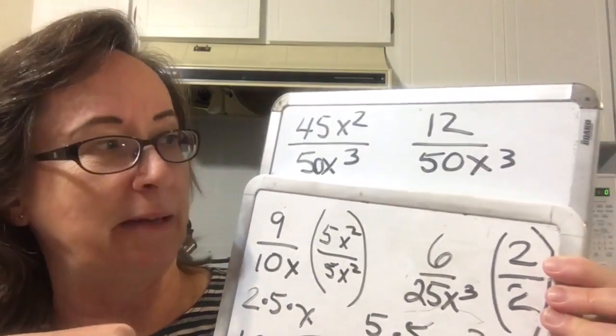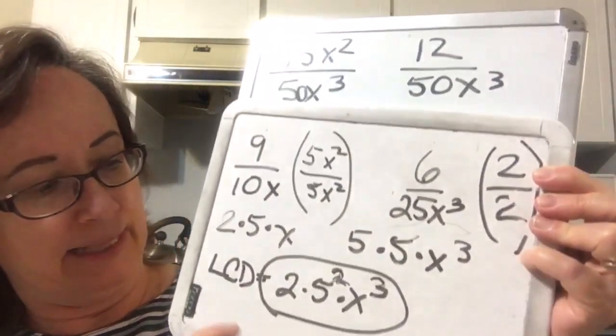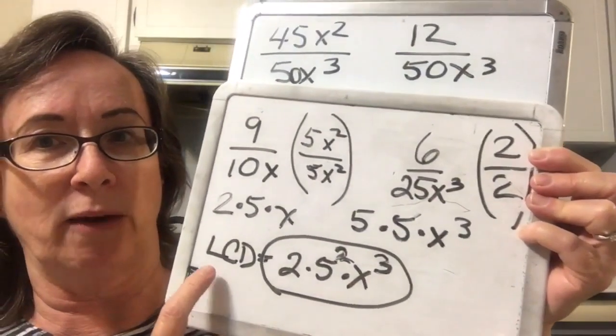So you will often see me, instead of writing 50x cubed, just write LCD,